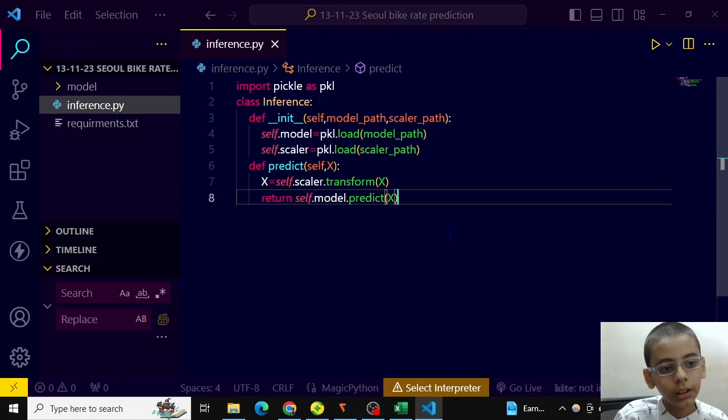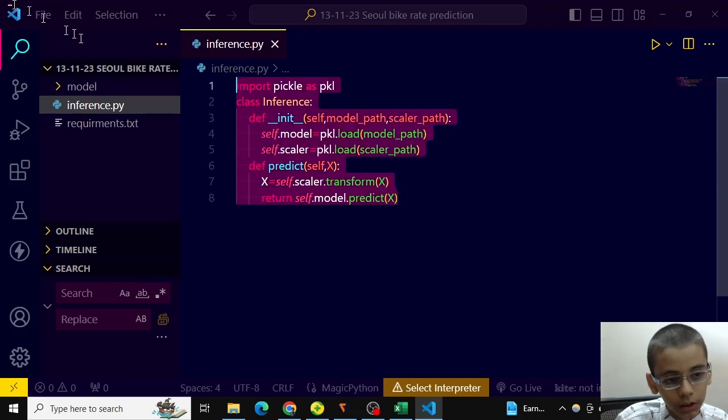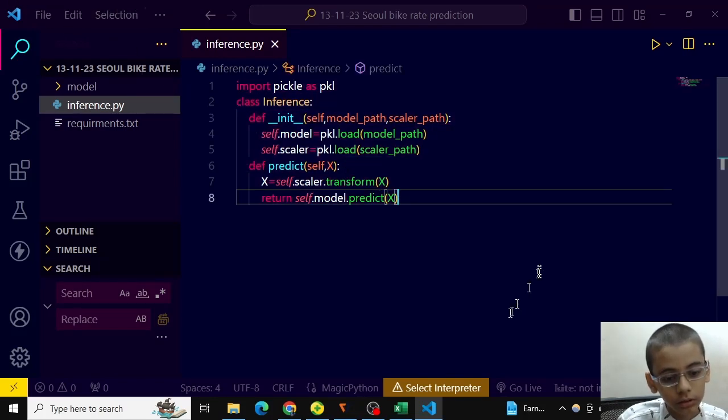He can develop the site in Flask, Streamlit or whatever he wants. But this will work.